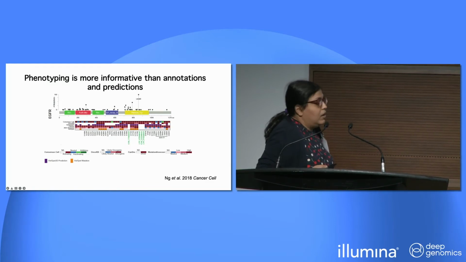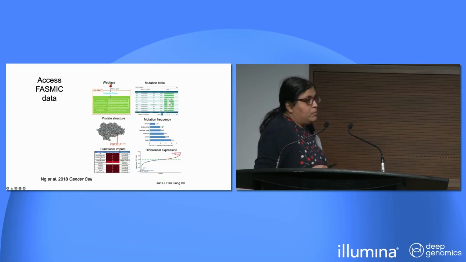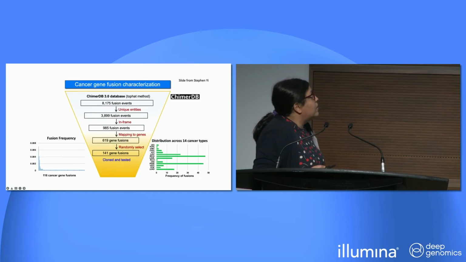Some of the other oncogenic callers used in the field to call which mutations are activating or not largely misclassify some of these mutations. In cases where we could model mutations on the three-dimensional structure, we found that activating mutations largely cluster in the three-dimensional structure of the protein. We have assembled an enormous database for this data set, the FASMIC resource, where we've collected data from both computational algorithms as well as our functional assays, and I'm very happy to talk to people offline about it. And in a very quick second here, we are also looking at another kind of genetic alteration,